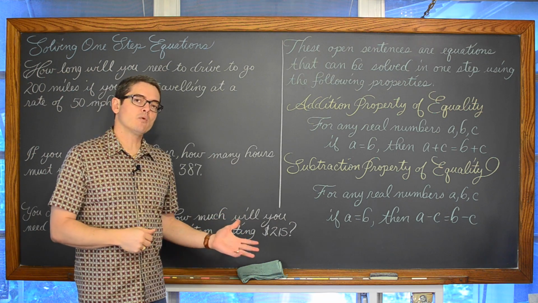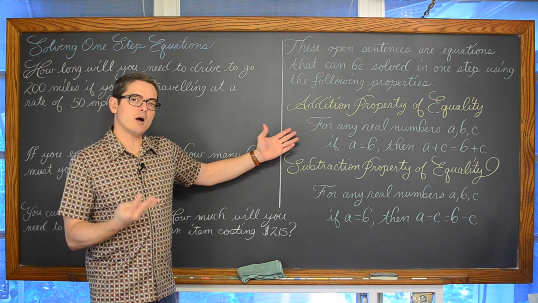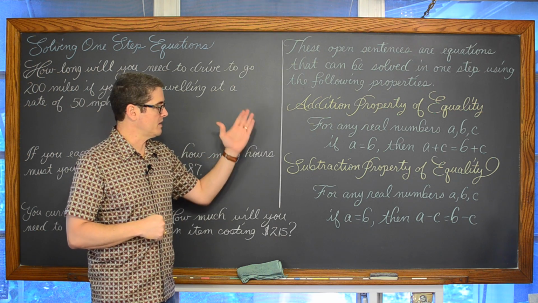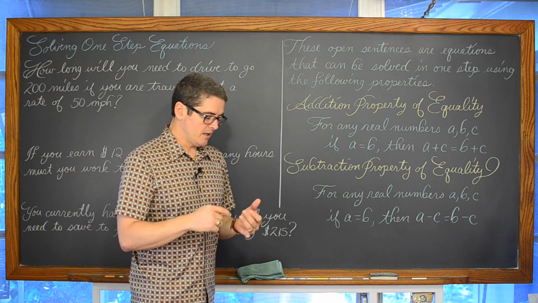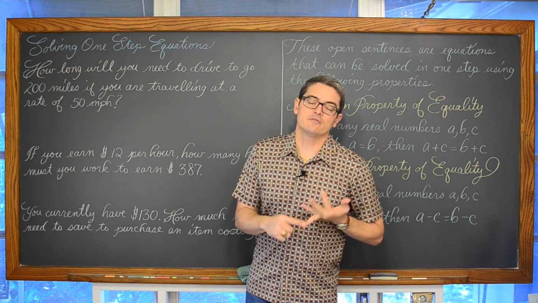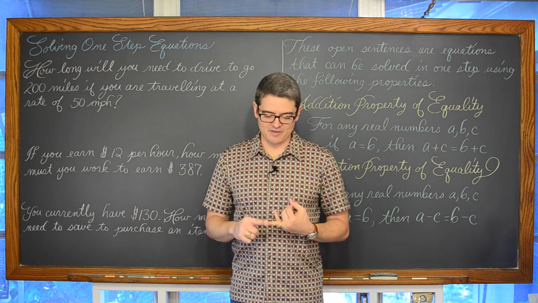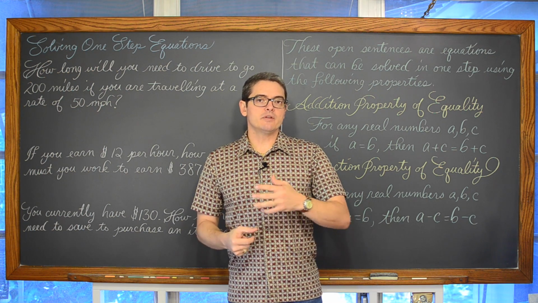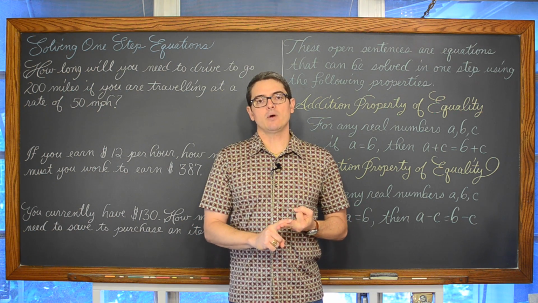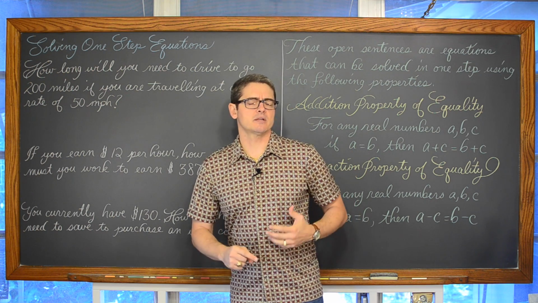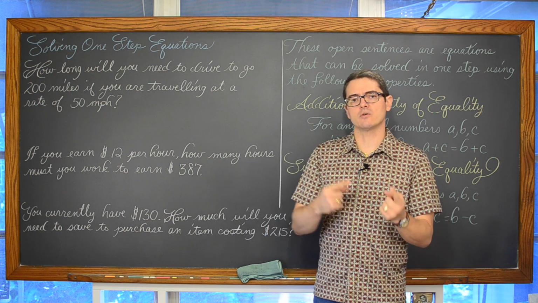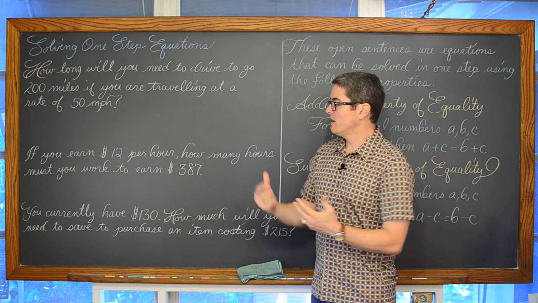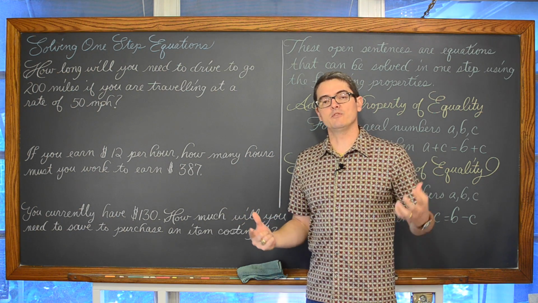So after we get these 3 word problems set up, we're going to be going through the 4 properties that are going to allow us to solve these one-step equations. The addition property of equality, subtraction property of equality, the multiplication property of equality, and finally the division property of equality. And then over the next few lessons, we'll move into 2-step equations, multi-step equations, eventually solving equations with proportions, and getting into more and more complex situations with these equations as we move through our algebra studies.